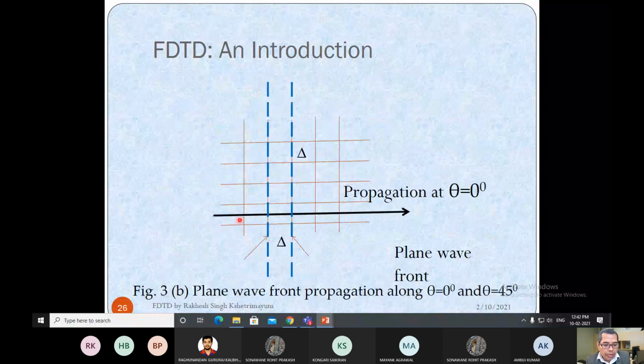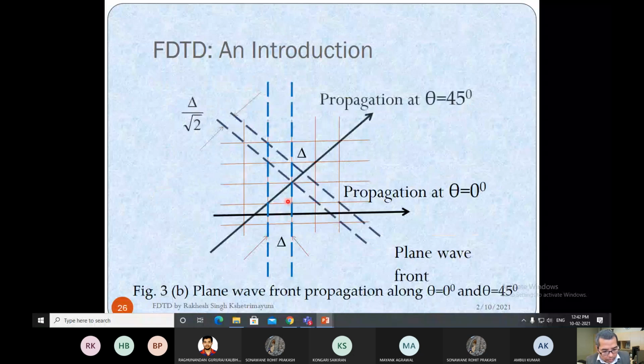So now if your wave is propagating along theta equal to 0 degrees, along this horizontal direction, from one cell to another cell, how much time will the wave take? Or let's say your wave is propagating along the diagonal direction, from one cell to another cell, how much is the distance? This distance is obviously diagonal, so delta by root 2, but this distance is only delta. So to move from one cell to another along the diagonal direction, you cannot just say we have to move only in the horizontal direction. You cannot command the wave. Wave can move in any arbitrary direction. It can also go in the diagonal direction. Also, it can go in the horizontal or vertical direction.